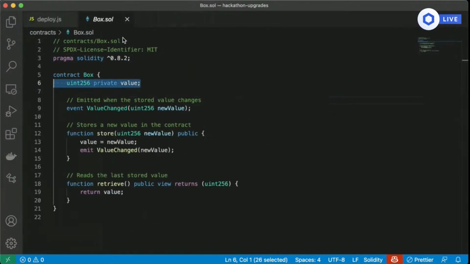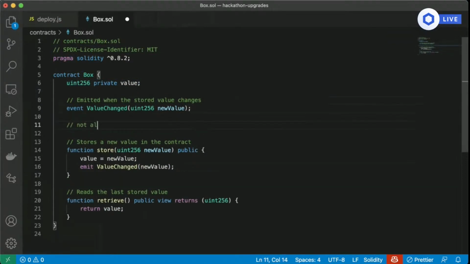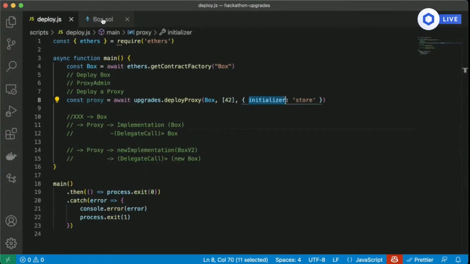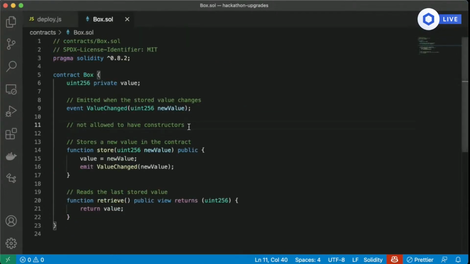Well, whenever we make an upgradable smart contract, we are not allowed to have constructors. But you can have constructors. It's just there's a good chance that that will screw things up. So the reason we can't have constructors is because constructors have the ability to set state,